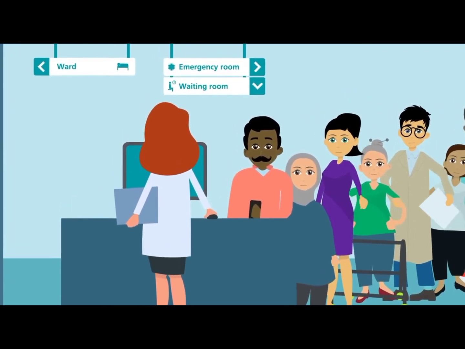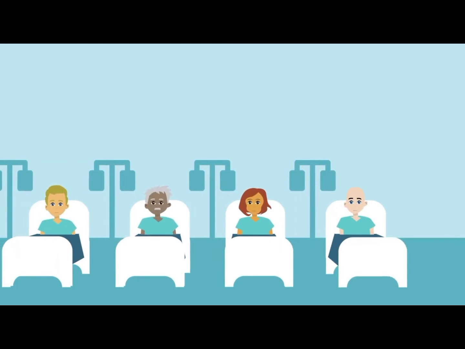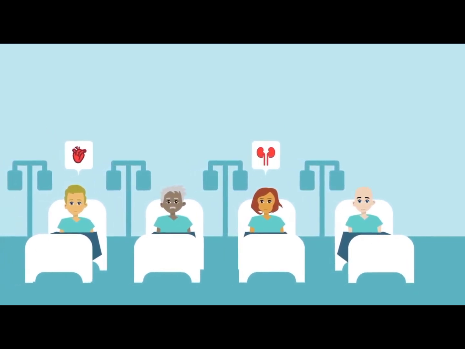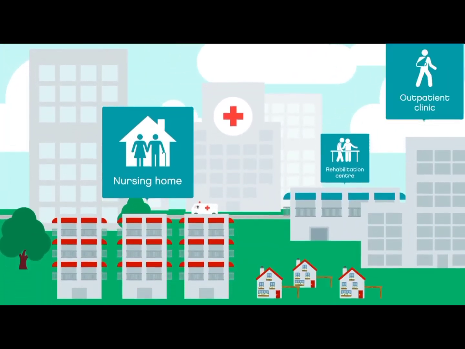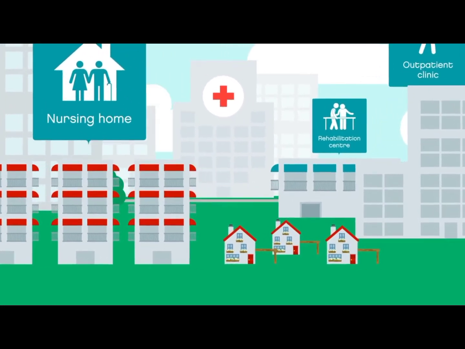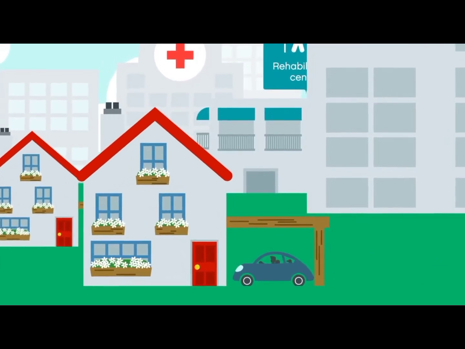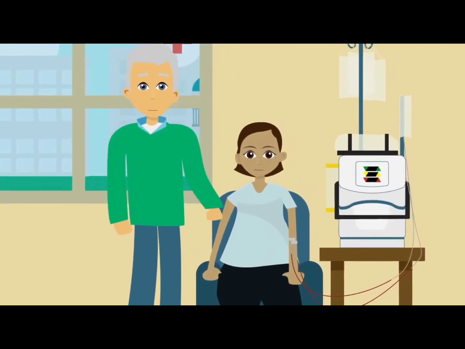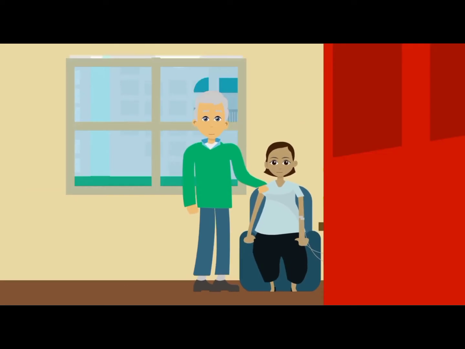Wow, another busy day at the hospital. Did you know that many treatments, such as chronic and long-term conditions, are available outside the hospital? Community care includes all care outside of a hospital, bringing care closer to where people live and spend most of their time. Community care moves care from a hospital to a community setting, for example, at home. Patients can have treatment in the comfort of their home, supported by family, friends, and doctors.